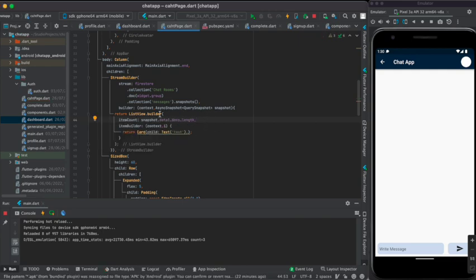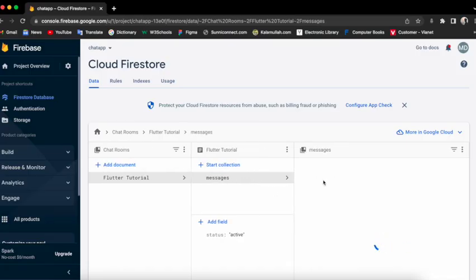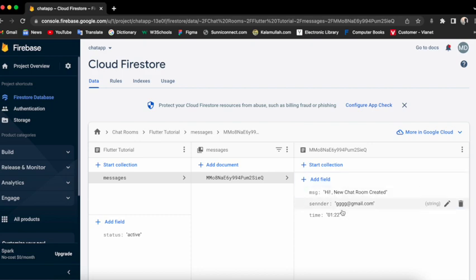Now again I created a list view builder, and here inside this text I think I need to add the message. So for that, copy this and inside it pass the index, and here msg, which we created here inside the messages. A document is here, and you can see here msg is